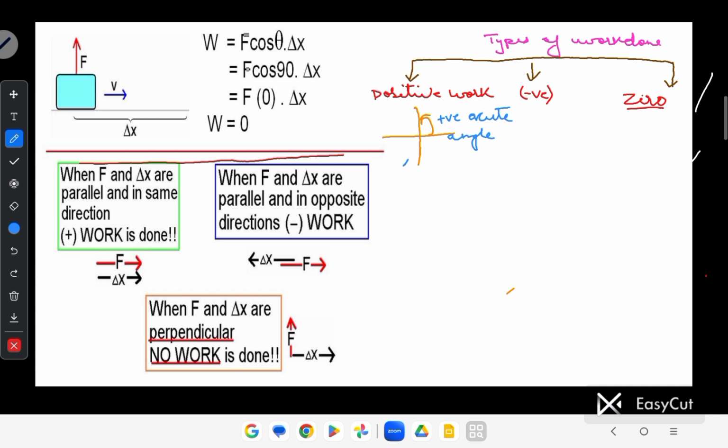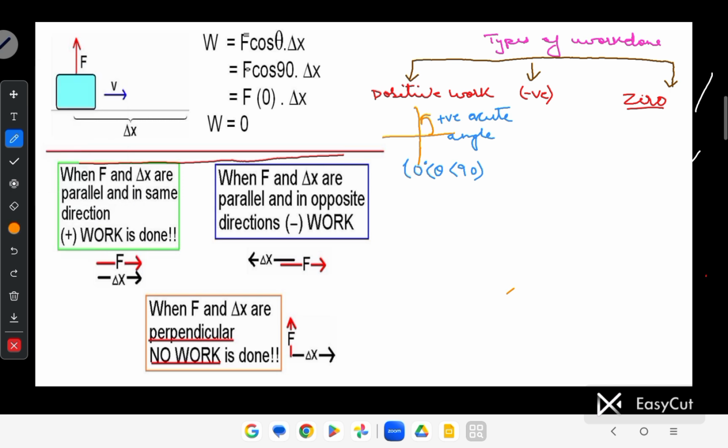The theta angle should be less than 90 but greater than 0 degree. In that case work done is said to be positive. Okay, second case if I draw